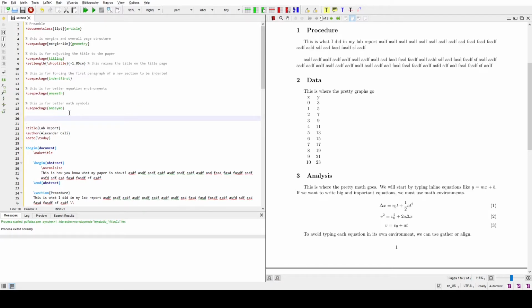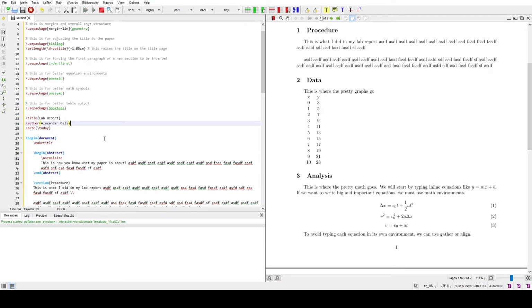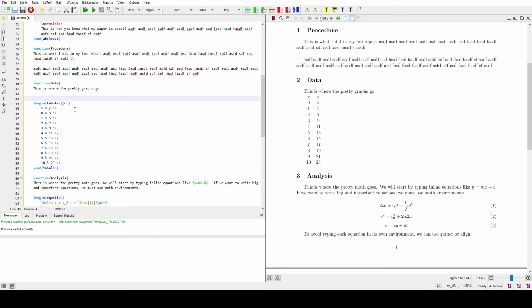First, we will import a package. This package is going to be booktabs. Use package, booktabs. And this is for, whoops, wrong one. It's just for better table output. So I'll run this. Good. Everything went according to plan and literally nothing happened. Excellent. The next thing that we're going to do is slash